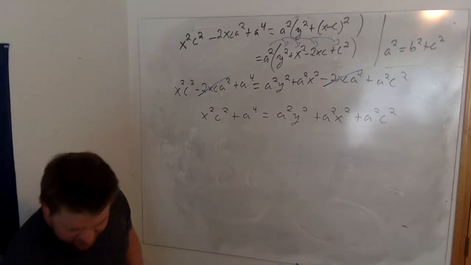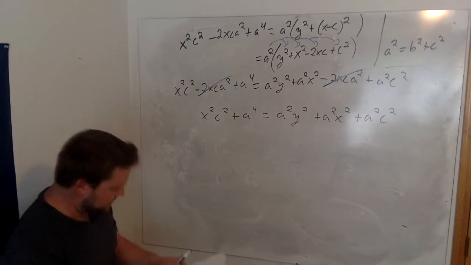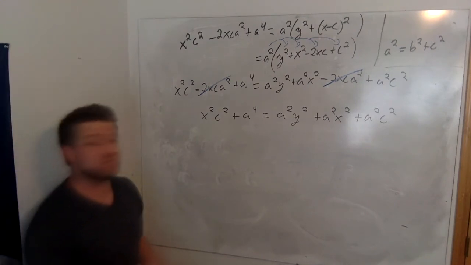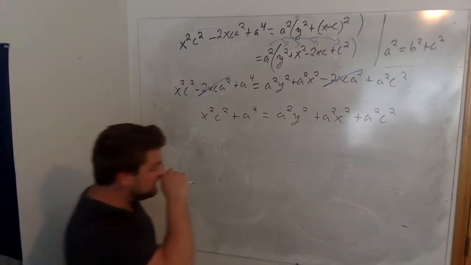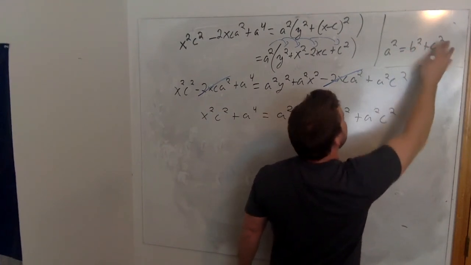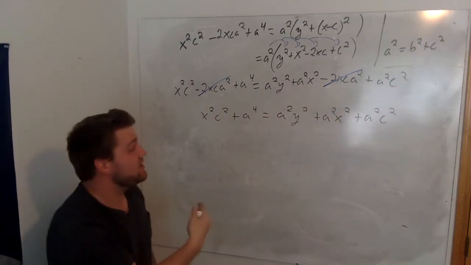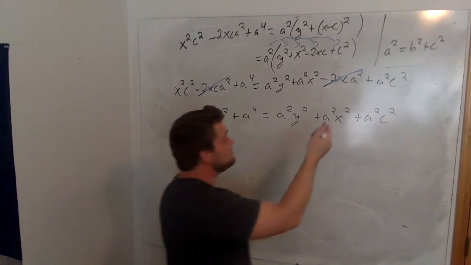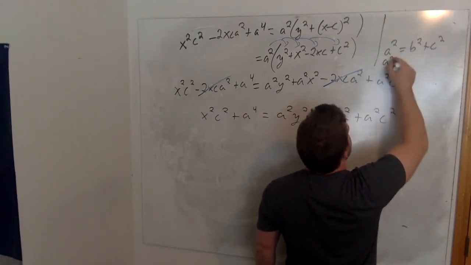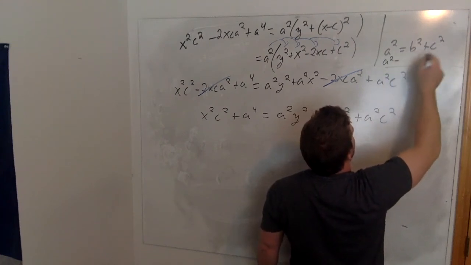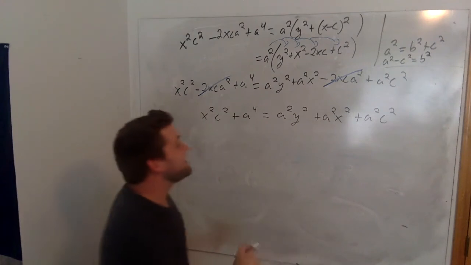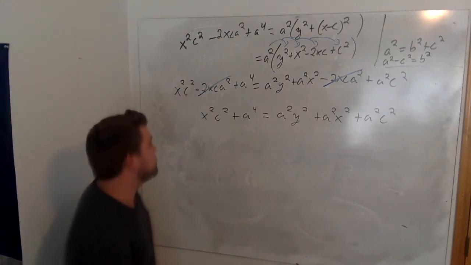So what to do from here? Well, it's going to be convenient for us to group some terms together. Mainly, we're thinking about this: a squared is equal to b squared plus c squared. There's no b's here, and we're hoping to get that b piece to show up. So over here, we would note that a squared minus c squared would be equal to b squared. So it'd be nice to get an a squared minus c squared piece to show